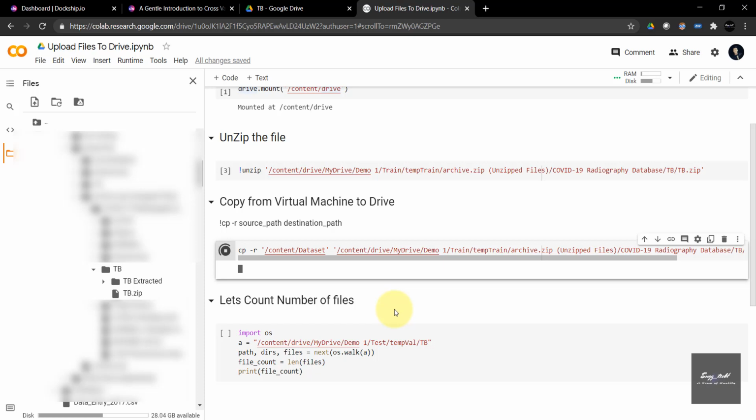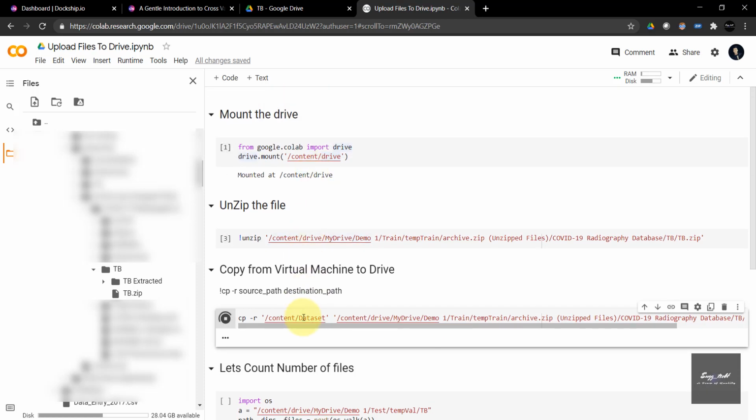Just a few seconds, we will wait for it. The unzip and copy commands will take only a few seconds, but if you use third-party apps or the drag and drop option, it will take hours and hours to upload that number of files to the Google Drive.